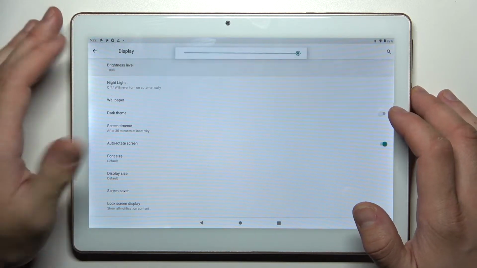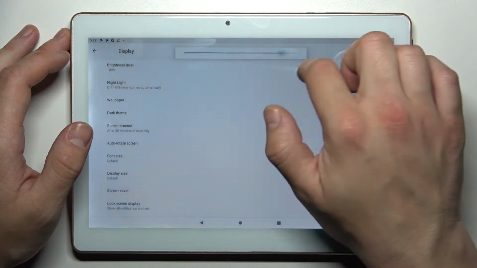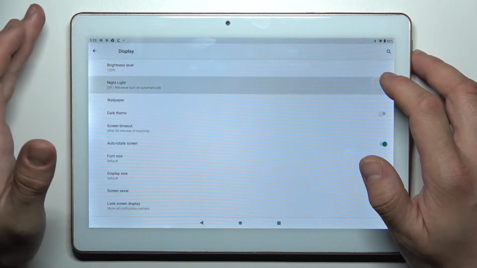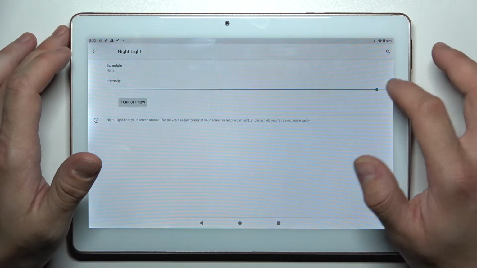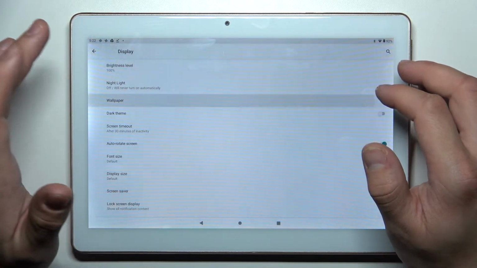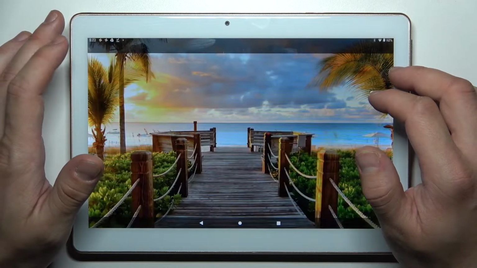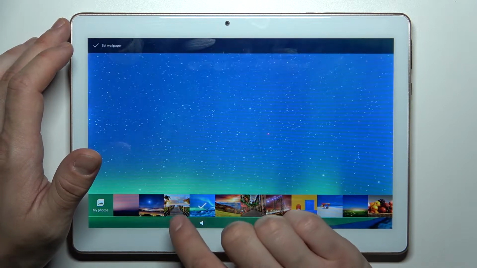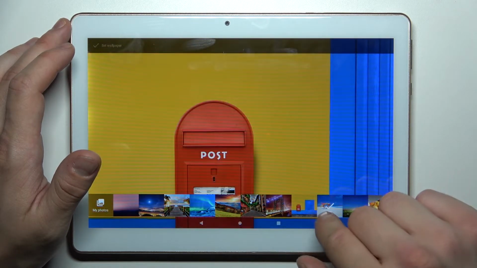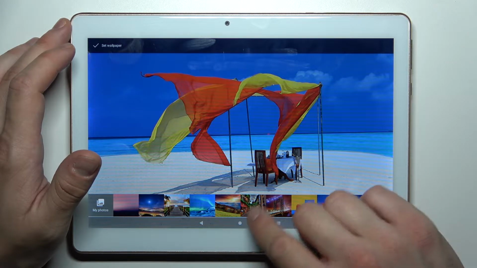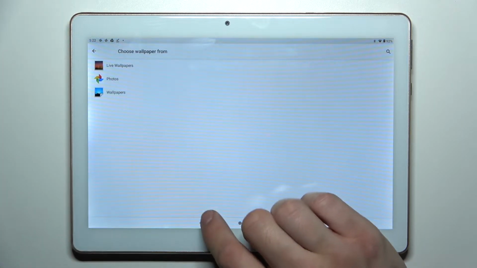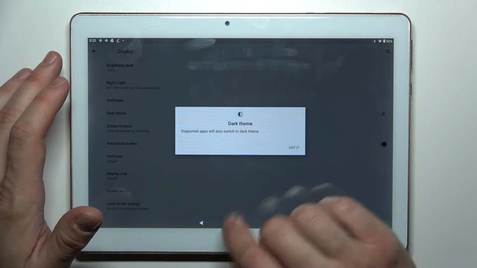Let's start with brightness level. As you can see, we can adjust brightness level of the display manually, enable or disable night light, and also adjust it. Then we can change wallpaper, enable or disable dark theme,